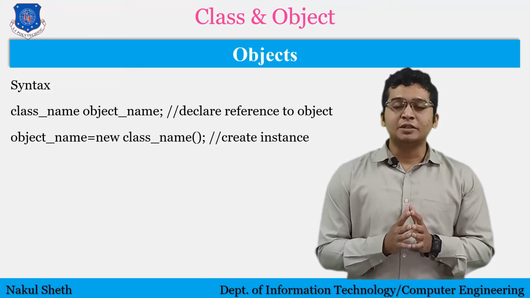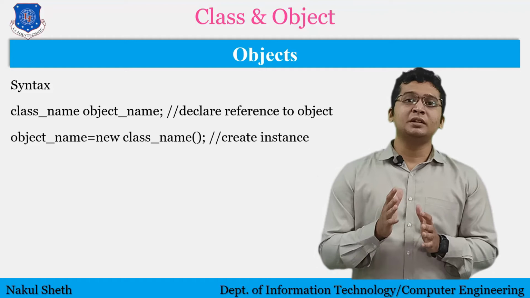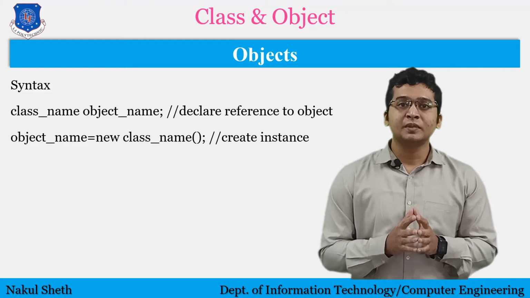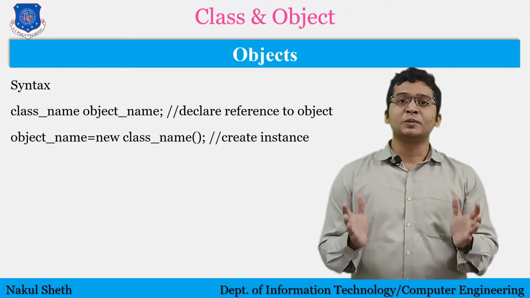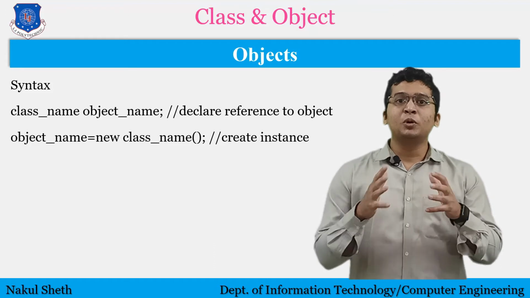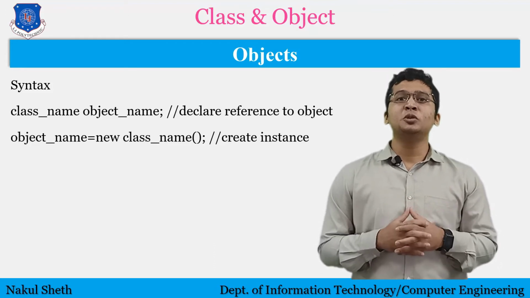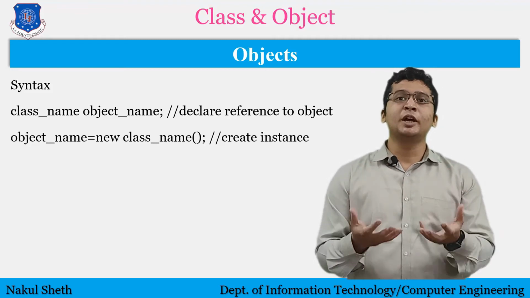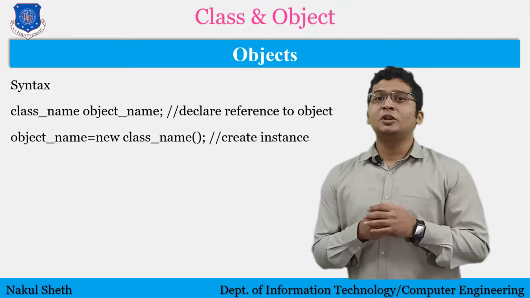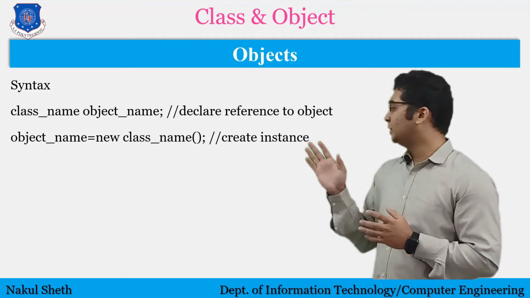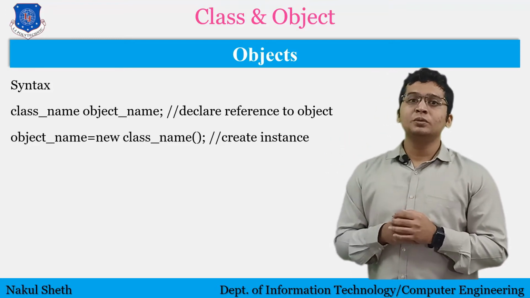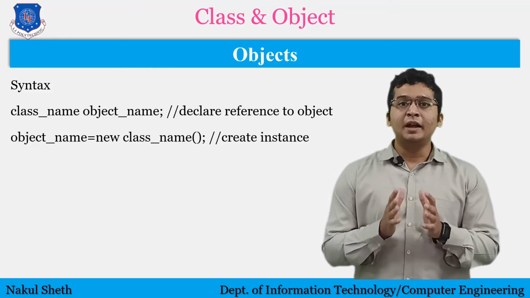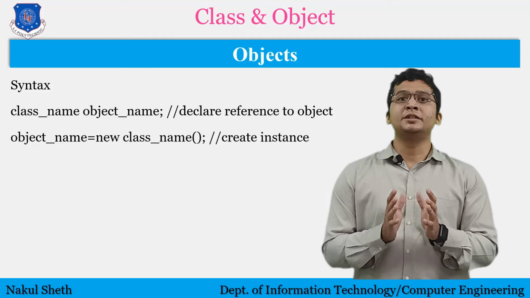Now, as I discussed in the previous slide, an object is an instance of a class. So the object that we have declared here is going to occupy some space in our memory. To provide some memory to an object, we need to use a keyword, that is the new keyword. To create an instance of a class or to allocate memory to an object, we just need to follow this syntax: object name equals new and then class name with brackets open and close. So this is how we can declare and initialize an object in Java.